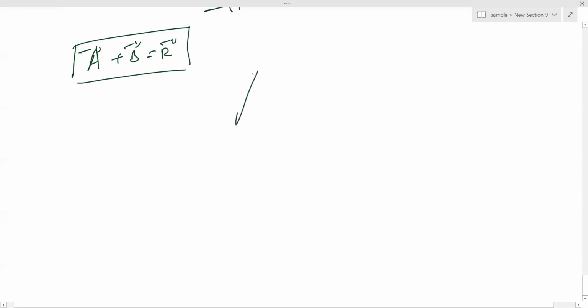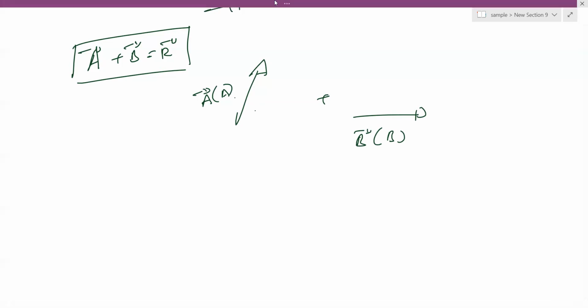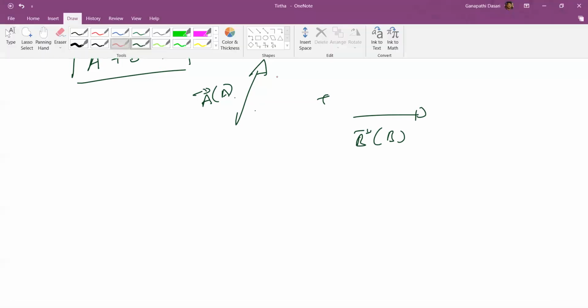Addition of vectors. I told you some example. The addition of vectors is, A vector plus B vector is equal to some result vector, C vector. Now carefully observe A vector and another B vector. How to add these vectors? Here, you should join. Join means you have to shift parallelly and join without changing its direction.